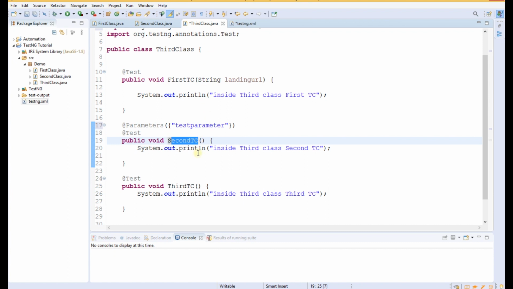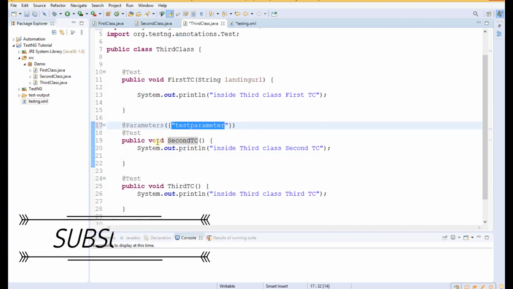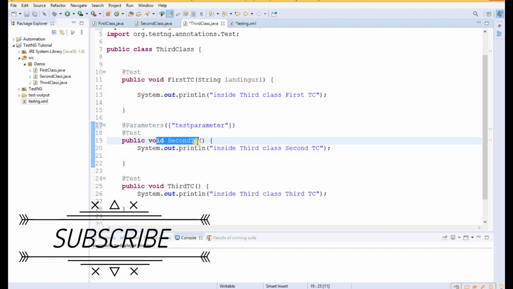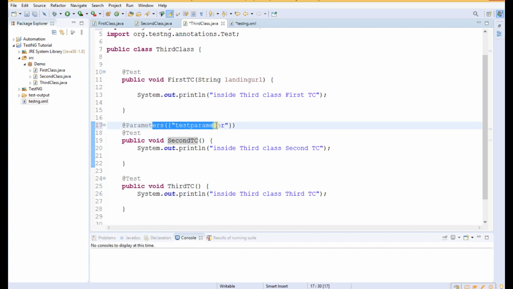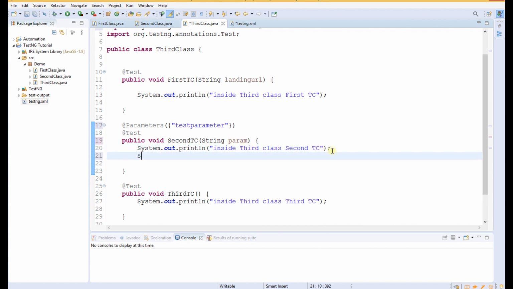of the third class. To access this parameter inside the second test case, we have to pass this parameter inside this method, or we can say function or test case. For passing this parameter, here we have to write String, and we can give any name. Let us name it as param, and here let us print that parameter on the console.